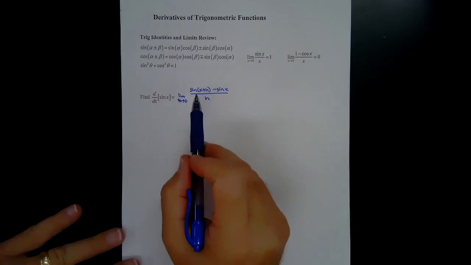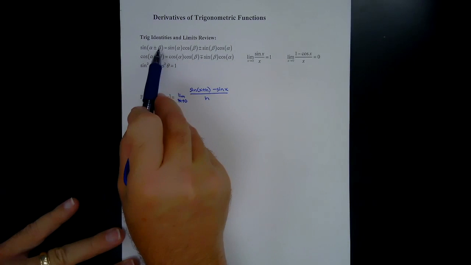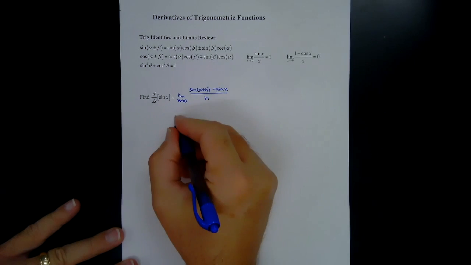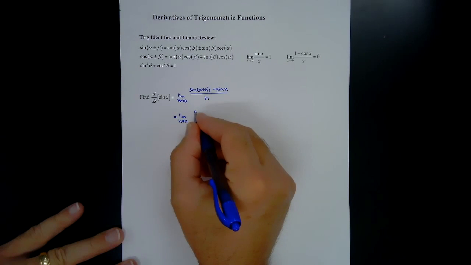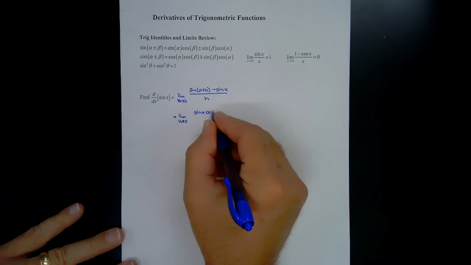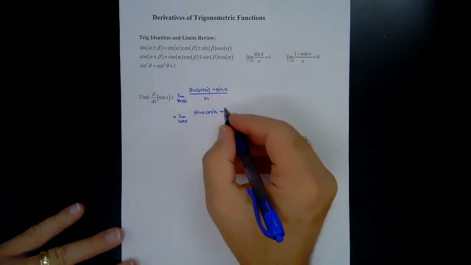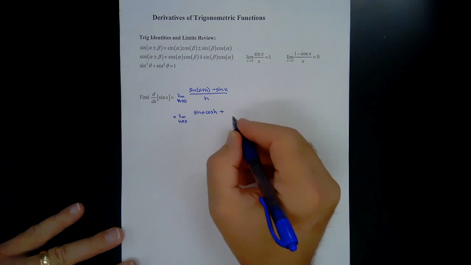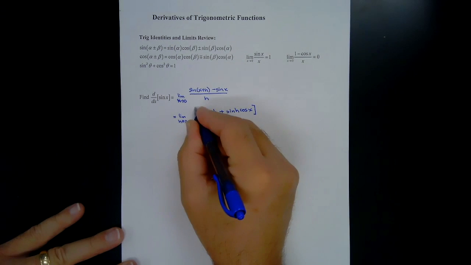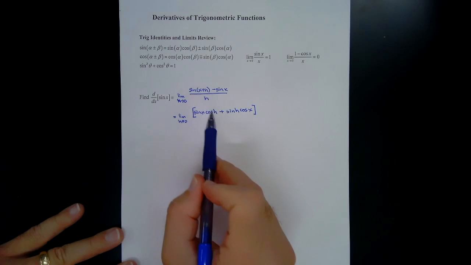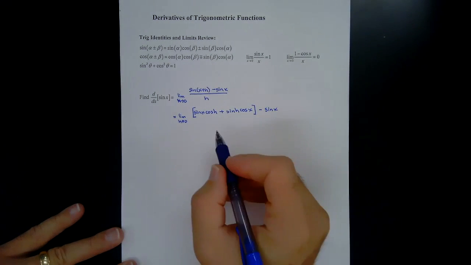So then the next thing we need to do, and this is where we're going to need to use this identity. So in this case, my x is my alpha and my h is my beta, and I'm adding, so I'm going to be adding over here. So this becomes the limit as h approaches 0 of sine of x cosine of h plus, because we're adding, sine of h cosine of x. And all that's doing is replacing this with this one, okay? And then minus sine x, all over